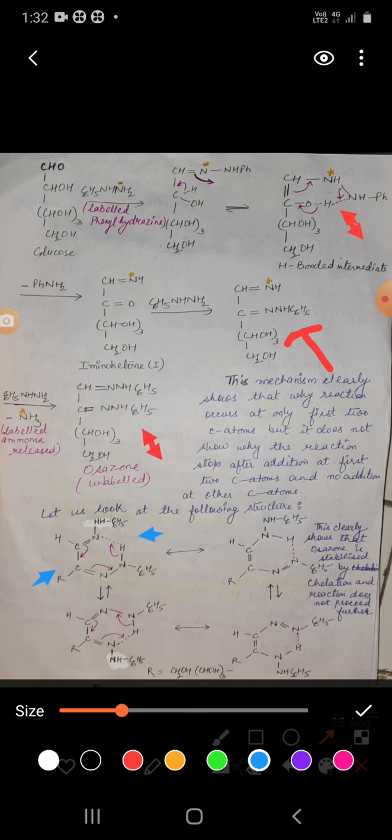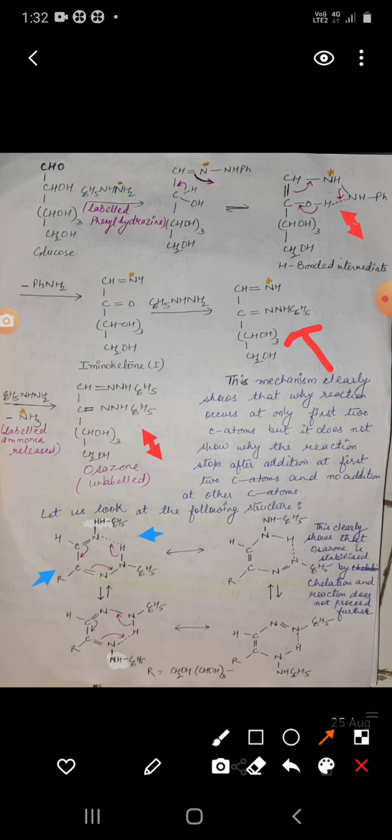तो क्योंकि 6-membered एक इंटरमीडिएट हाइड्रोजन बॉन्डेड स्ट्रक्चर फॉर्म हो रहा है इन ओसाजोन, सो दिस गिव्स द स्ट्रक्चर एक्स्ट्रा स्टेबिलिटी. तो एक्स्ट्रा स्टेबिलिटी मिलने की वजह से दिस पर्टिकुलर मॉलिक्यूल इट डज नॉट शो further reaction with phenyl hydrazine molecule. So rest of the hydroxyl groups, they do not respond, because again if we want to react it